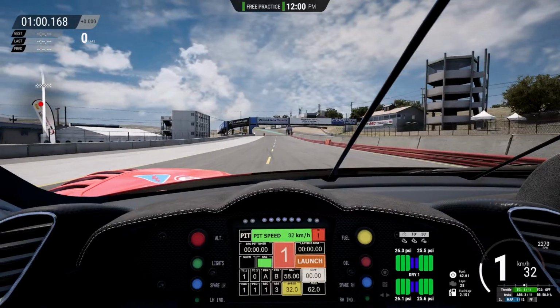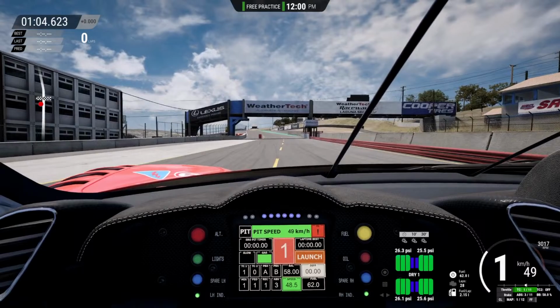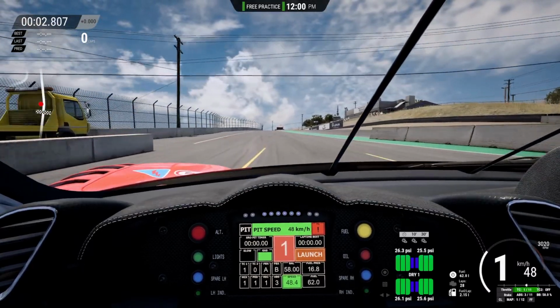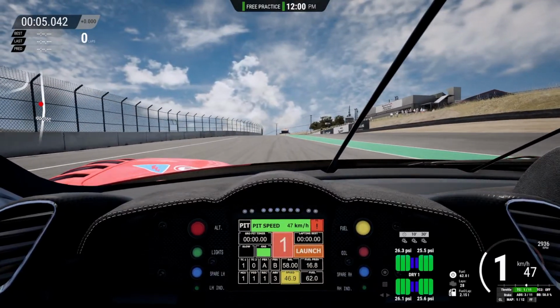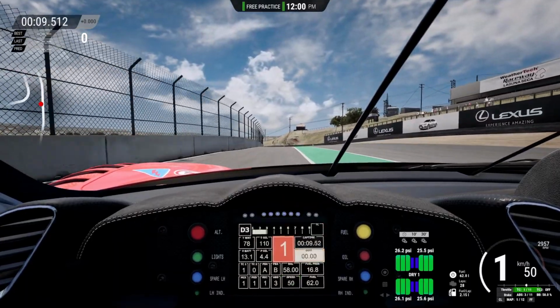One of these changed on the screen. Oh, it just changed the bottom portion. So, what this is: fuel, diff, balance, fuel.